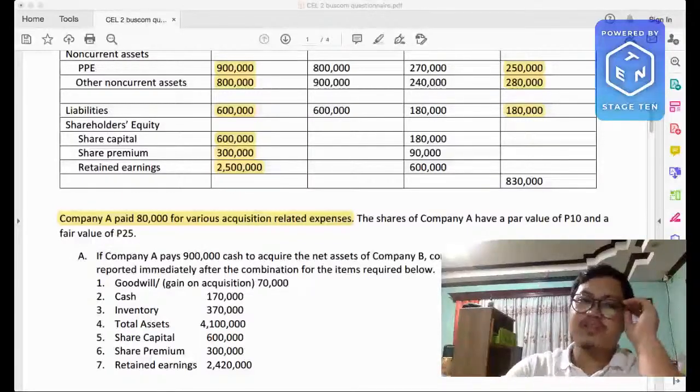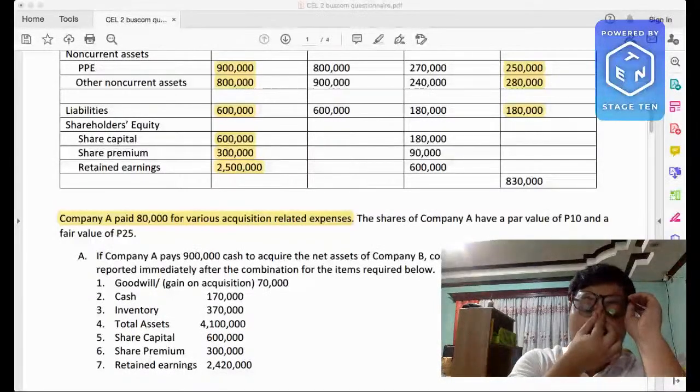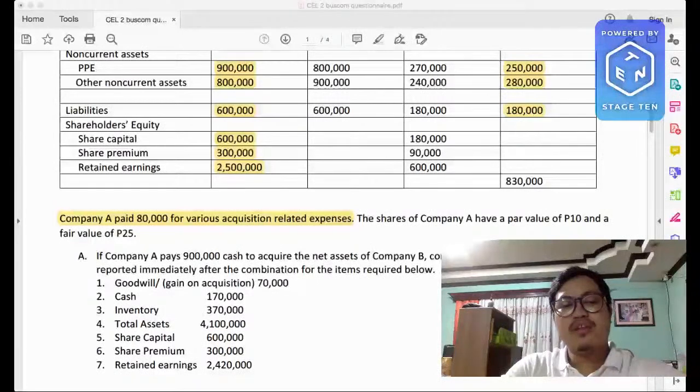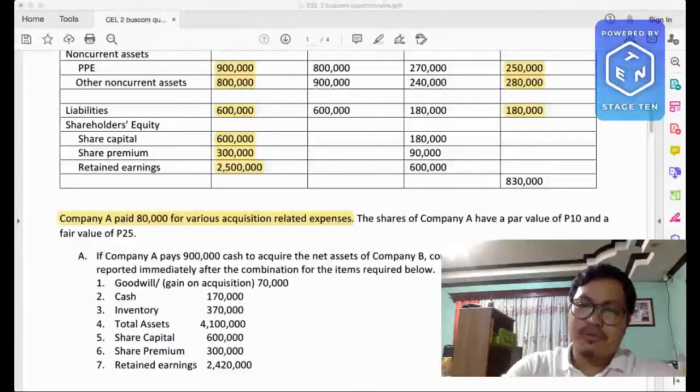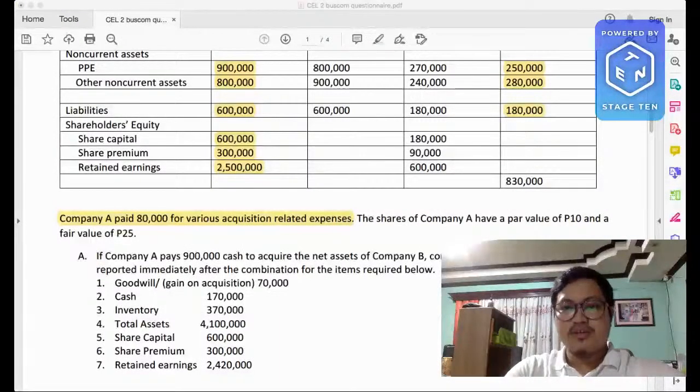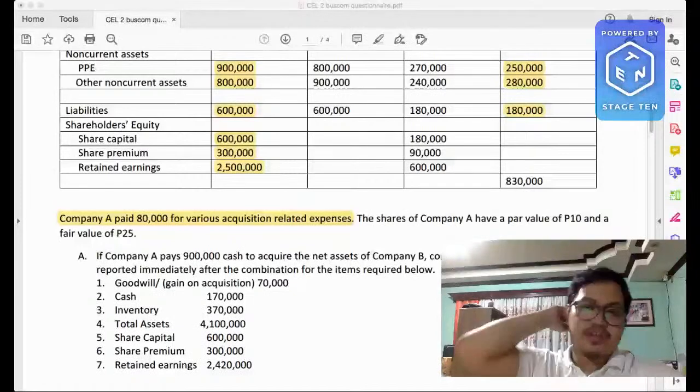Okay, now this is where students get it wrong. They are able to get this entry, credit to share capital 320,000, credit to share premium 480,000, but they would forget to recognize the decrease in share premium because of the stock issuance cost. So the net change to your share premium would be 410,000. Okay, so that would be the amount of change or increase in your share premium, which leads us back